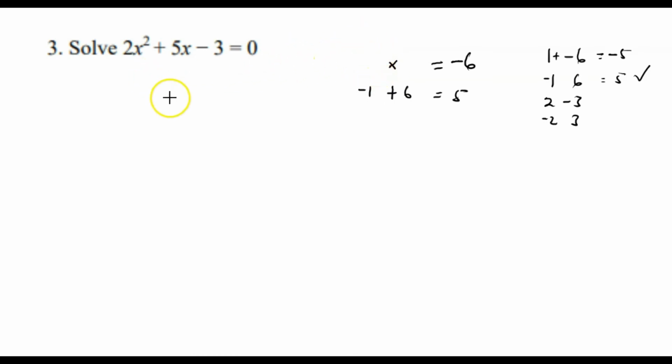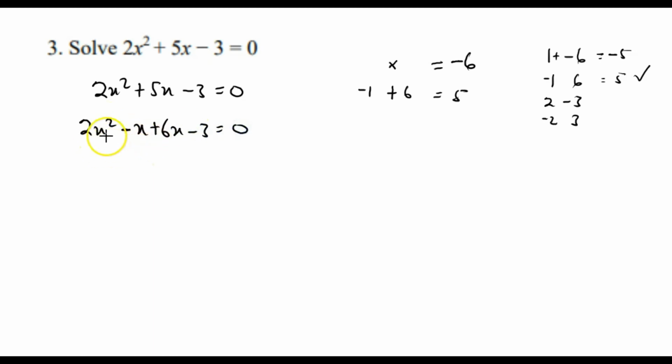equation. Hence, we are going to replace the x term in the quadratic equation with the new terms we've had. So 2x squared plus 5x minus 3 equal to 0. Replacing the x term, we are going to have 2x squared minus x plus 6x minus 3 equal to 0. So factorizing the first two terms,